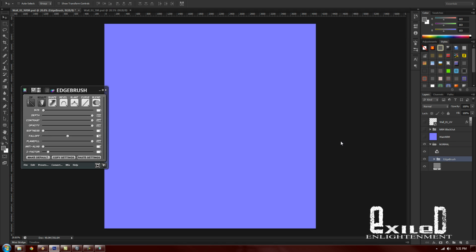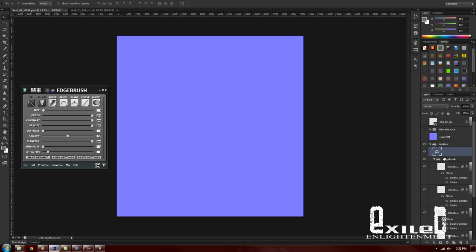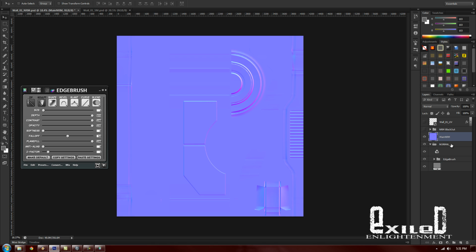Just save it. Let that save. Alright, so now we've got a normal group with an adjustment color. This essentially makes it look like a normal map, and the internal normal map stuff that Endo2 uses. So basically all we need to do is unhide our normal map, drag it just above the edge brush folder,